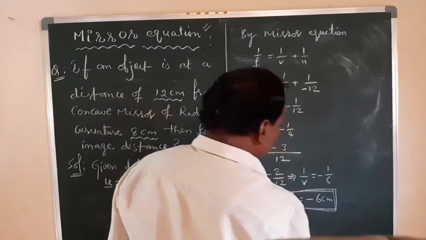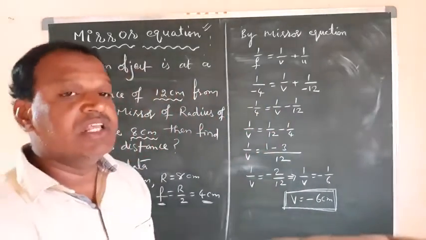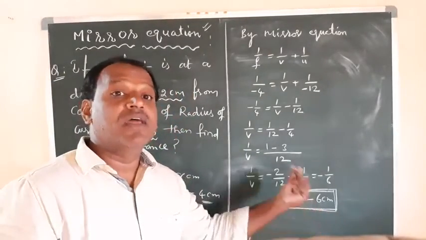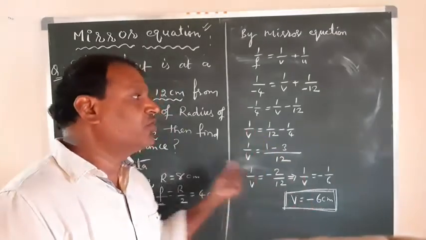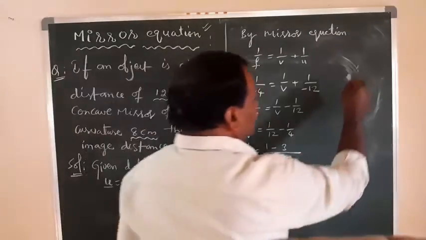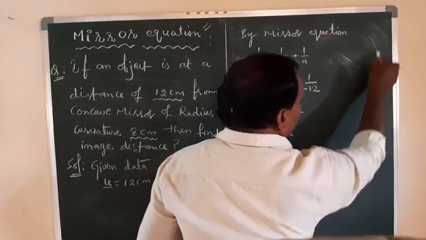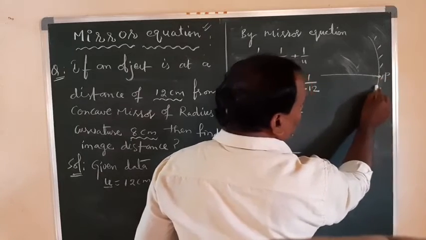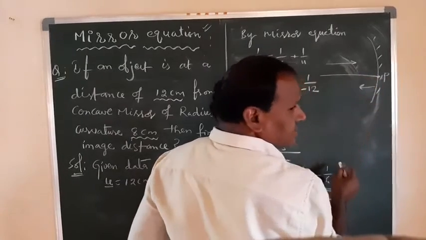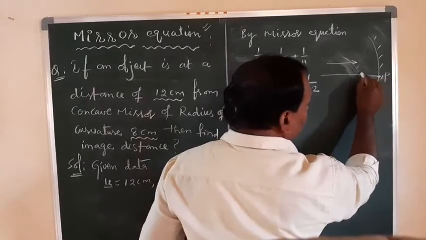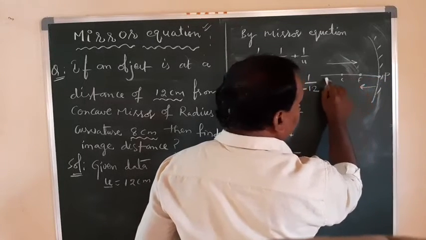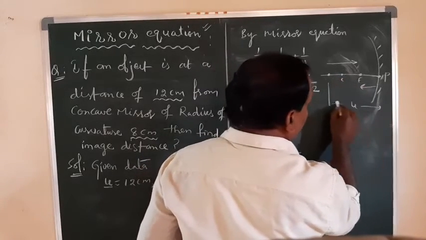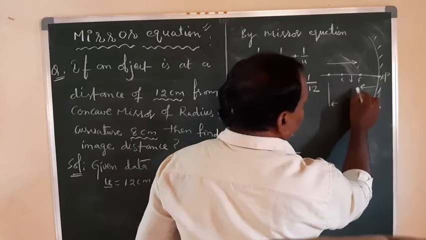So here what does minus represent? Don't think that negative value is less than 0. No, it is a sign convention. That means it is opposite direction of ray propagation from the pole that you have to measure. Let this be the mirror, and this is the pole, so all the measurements are like this, but the ray is propagating to the right side. So here to here is f, the focal length, and here is the center of curvature. Somewhere the object is there, so this distance is u, right? Somewhere here the image is formed, so let this be v.